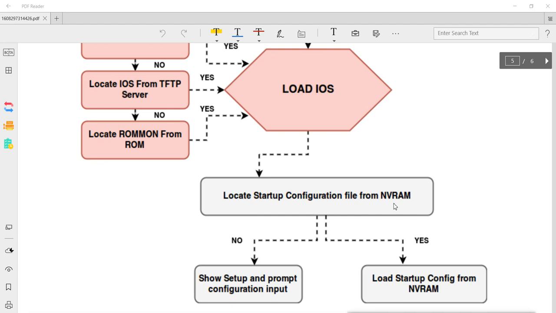Then whatever changes we make, like suppose I made changes today, then after 1 week I made one more change, then after 2 weeks another change, and after 1 month another change. Now suppose our administrators say that we need the configuration from 1 month before, the same as we had on that date.